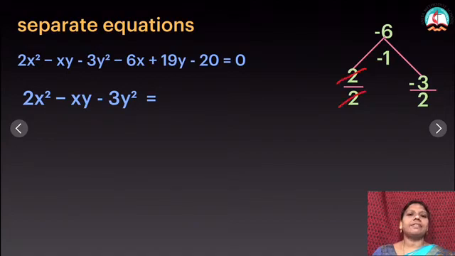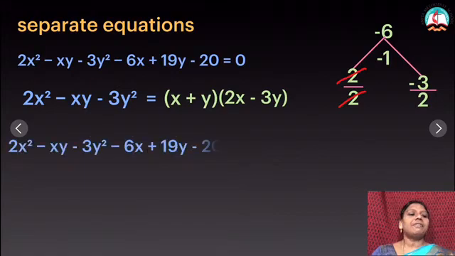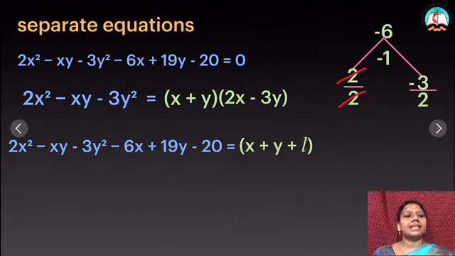Now I can write the factor as x plus y, and then here the denominator is 2, so it will be 2x minus 3y, because we have minus 3 there. So now these two are the factors. Now, but I'm having the equation which includes x, y as well as constant. So I am taking the given equation fully now. If I have taken that full equation, then the factors also should include that constant, that is x, y as well as constant. Therefore, I am introducing a constant L with the first factor and M with the second factor.